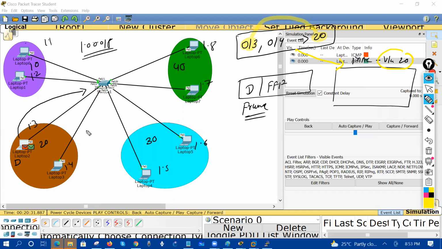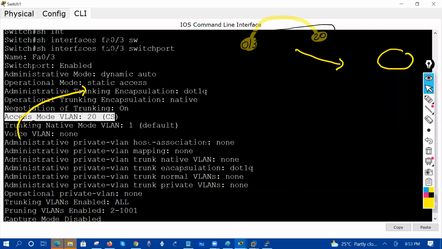I'm again repeating, there is no VLAN 20 in this packet, but when this packet comes to interface 0/3, 0/3 will receive this frame on this particular interface. And what it will do is map it with VLAN number 20. It means I'm receiving the packet on 0/3, and 0/3 is a member of VLAN number 20. It means that I need to do the broadcasting into VLAN number 20. And that's why